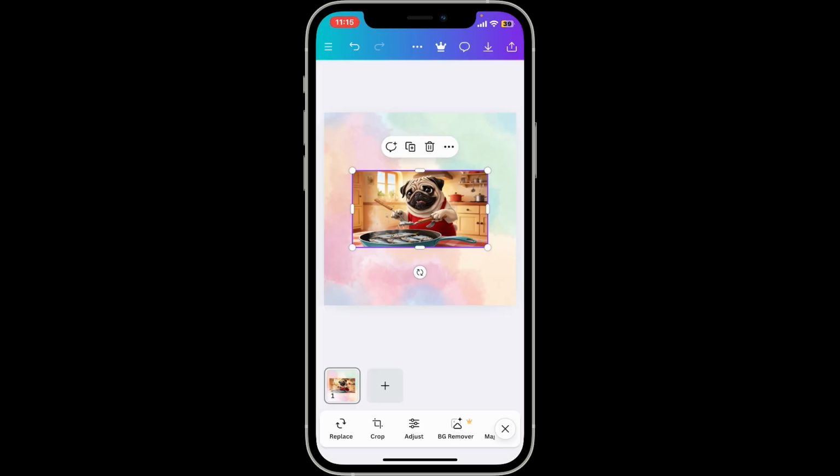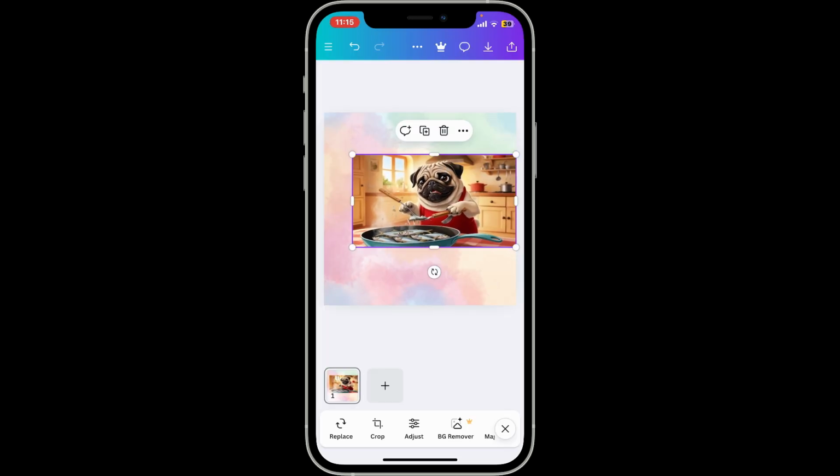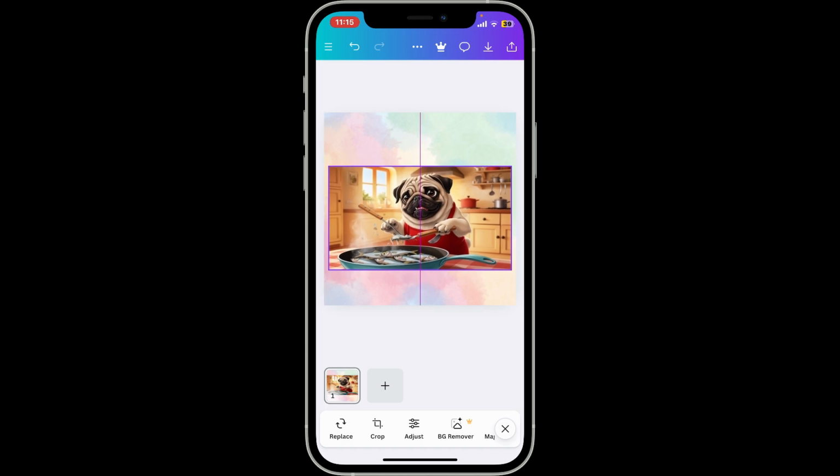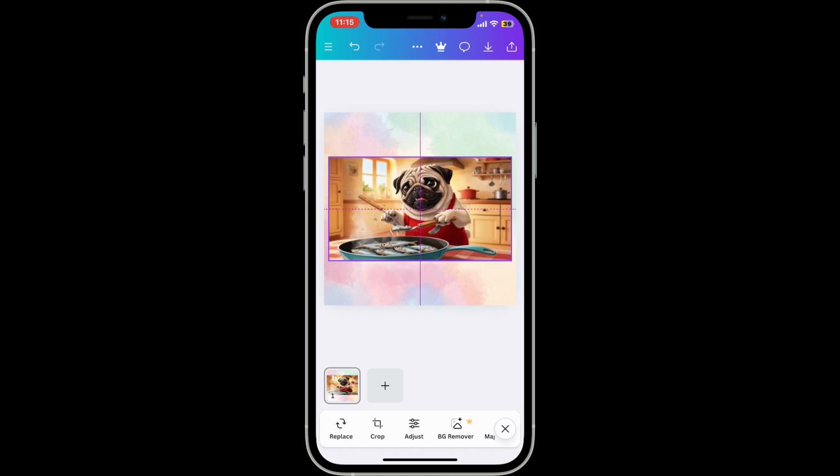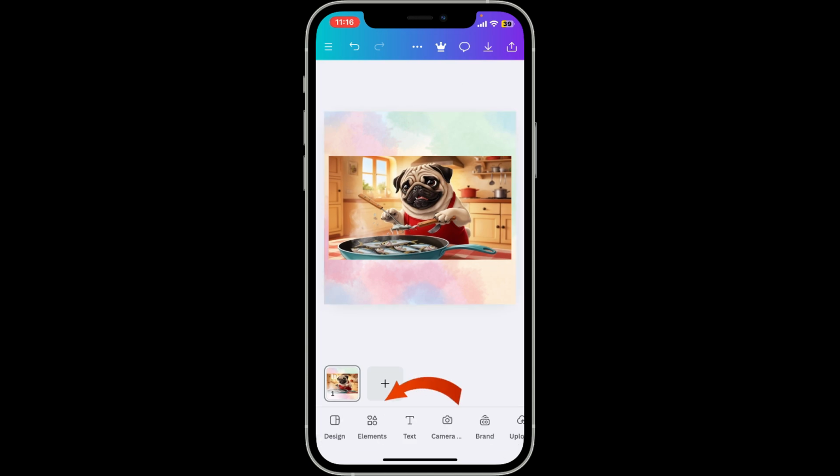Here I've opened up this image. Now you can go ahead and resize the image by dragging its corners and adjusting its position within the frame. After you are done with it, go to the bottom of the screen and look for the Elements tab